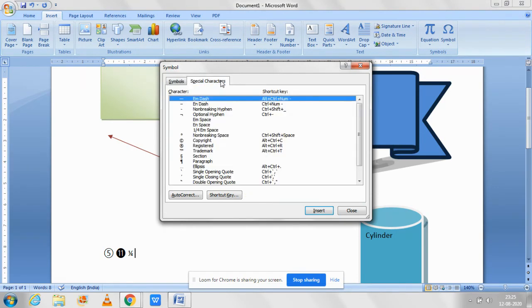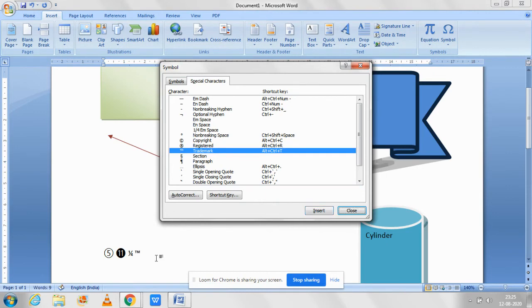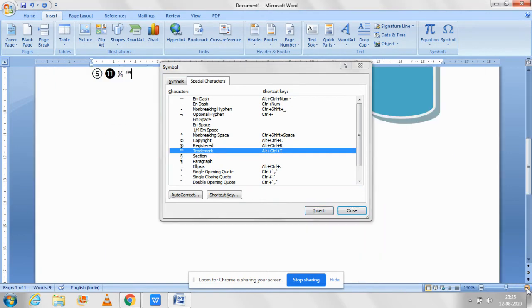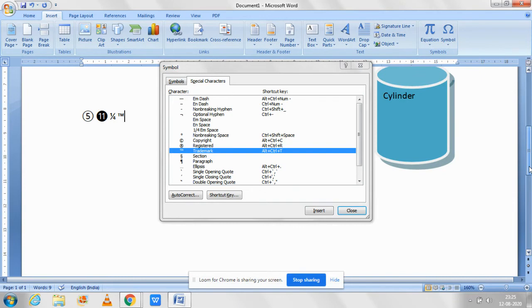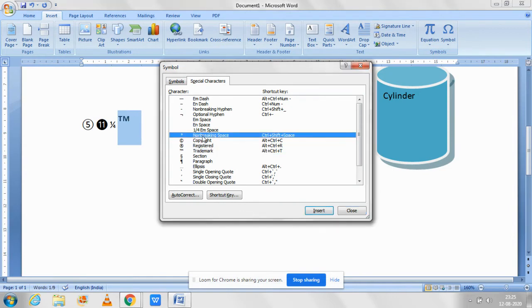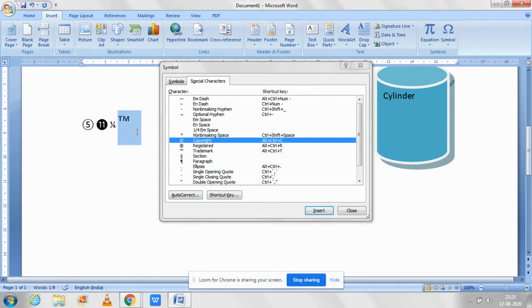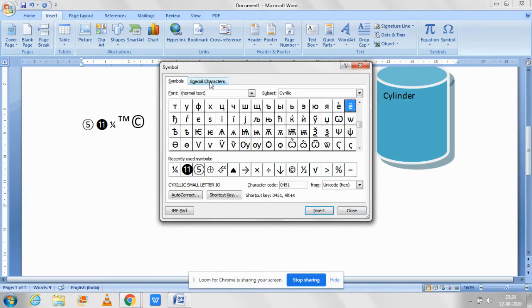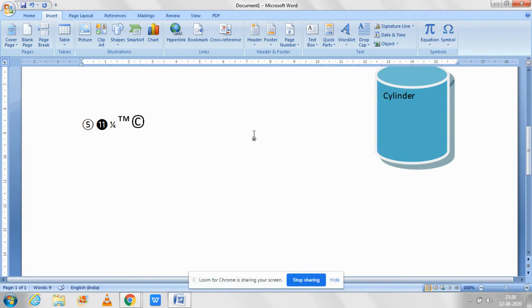And then next comes the special character. The special characters are there: paragraph, section, trademark. When you click on it, you can insert it. This can be easily inserted here. So have you seen, this is the TM. You can easily increase the size also. Yes, copyright. You can insert it. So these are all the special characters. Both symbol and special character are present in this symbol option. Here you can easily find it.